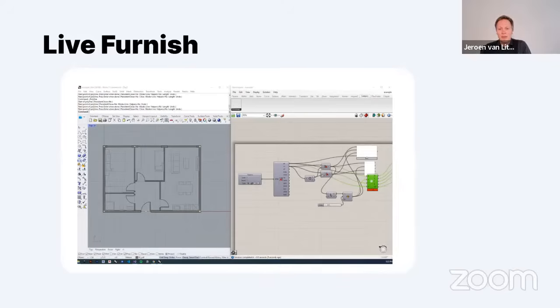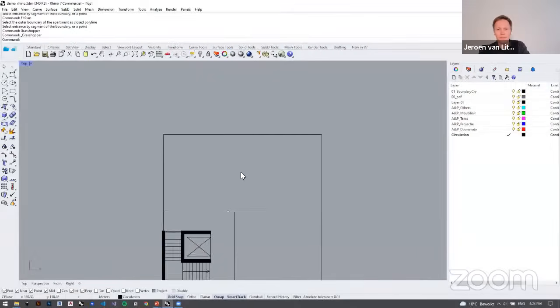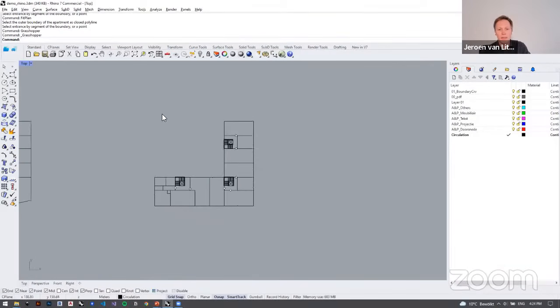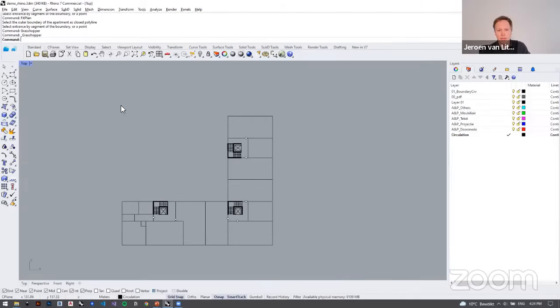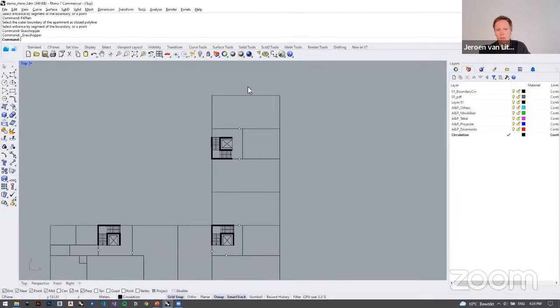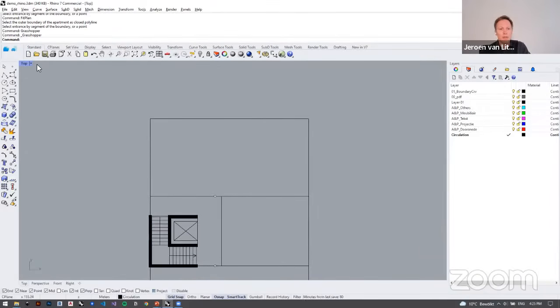And I think now it would be nice to give you a short demo of the Rhino and the Grasshopper plugin. So I will go to Rhino. So I'm now in Rhino, and let's say I'm working on this building. It's a residential building somewhere in Germany, probably. And I want to see some floor plan options for these shapes. So what you can do is click on this button. This is the PlanFinder tab, and you can click on Fit